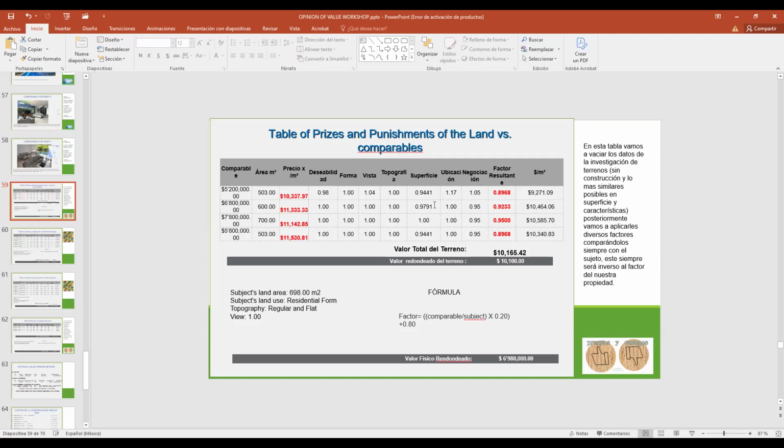When do we use a formula? We use a formula with the surface and with age. With the surface, this 0.9441 comes from this formula. I'm going to teach you how, it's very, very easy. About the location,